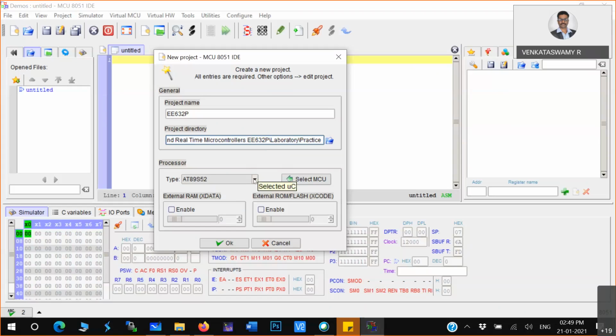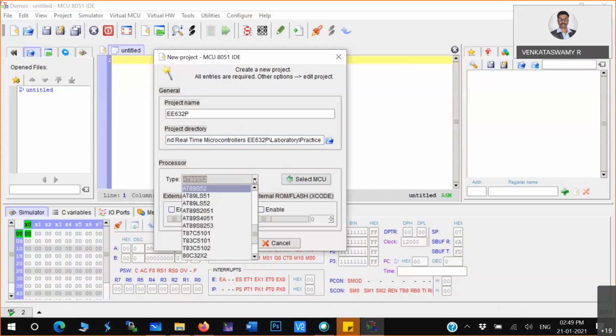Then the processor selection is there. There is provision to code for many microcontrollers from different vendors, such as this 8051, Atmega 89C51 which is normally used, and Atmega 89C52. You can take the basic 8051, or if you want a specific 89C51, you can take that also.